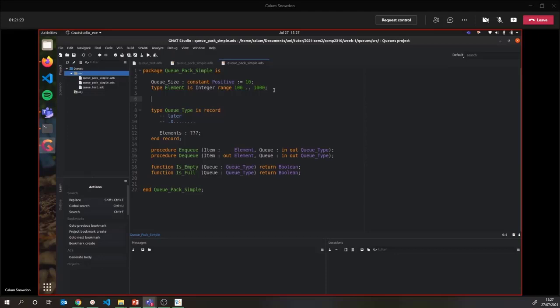So in basically every other programming language that I know, if you make an array, it starts at 0 and goes up to whatever you want it to go by, and you index it with integers. In Ada, you define arrays by passing in an index type. So say we want to define a type for our array. We can do type is array range 0 to queue size of element. And this here defines a type that is arrays which are indexed in the range from 0 to this queue size we've given. So 0